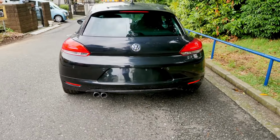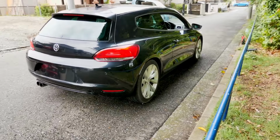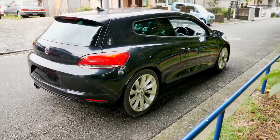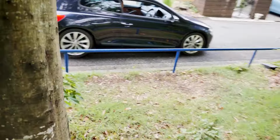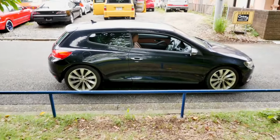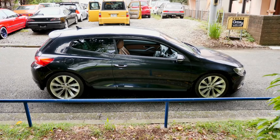As far as I know, the car isn't modified in any way, which is pretty much what you'll find with most Volkswagens. People in Japan are afraid of basically any brand that is not Japanese for reliability reasons. And they just don't have an aftermarket for parts for modifying the cars here. You can get stuff imported from like Germany or the UK or something, but it tends to be really expensive